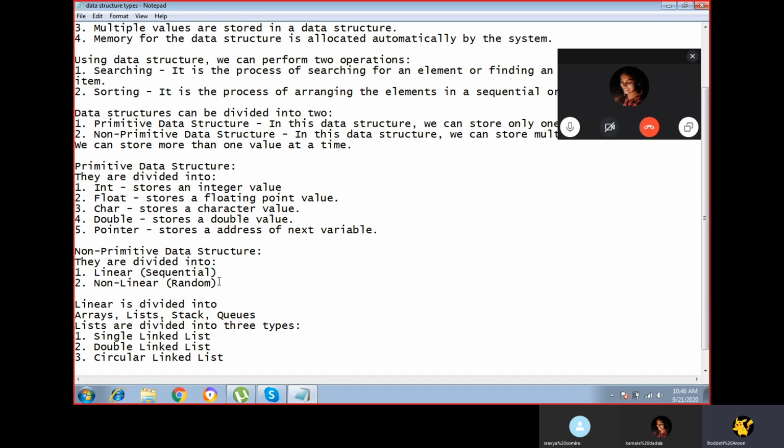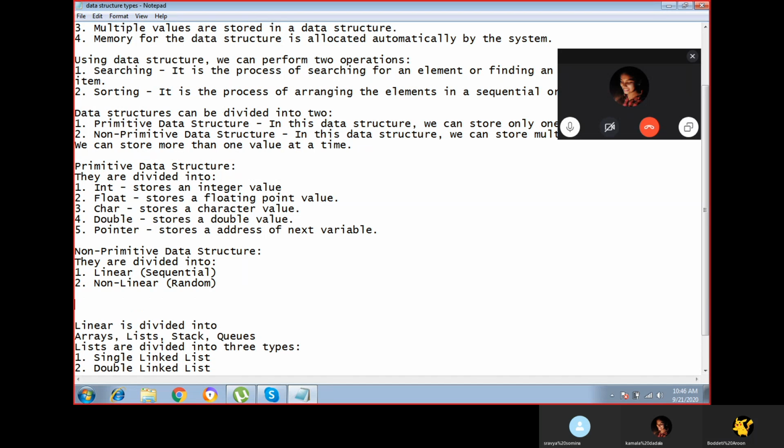So note the point. In the data structure concept, a list can be called a linked list.